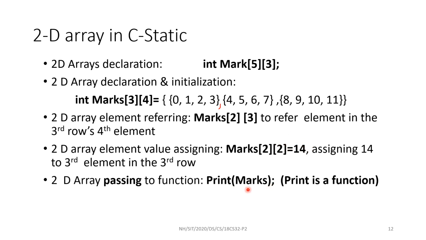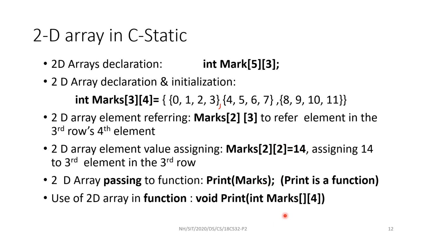In the same way, an array can be passed to a function. This is a thing to be used at the time of calling a function. Here, print is a function. I just took one example. A function is defined in this way: the data type that is returned, function name, array type, array name, the dimension. Here, the row must be specified, the column is not necessary. Small mistake here in this slide.